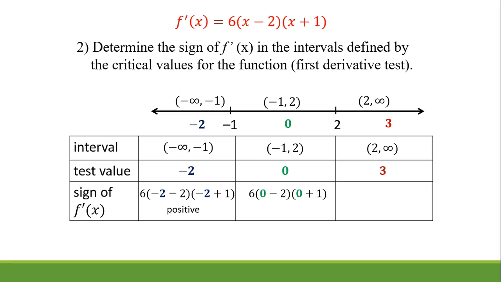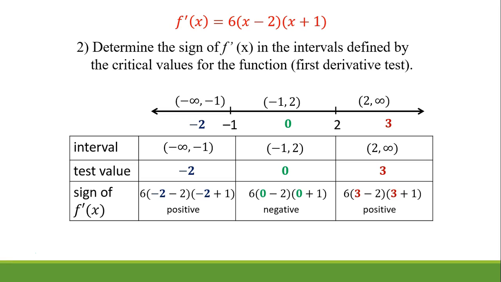So we have 6 times (0 - 2) times (0 + 1). Once again, I'm only interested in the sign of the derivative. So I'll say, well, 6 is positive, 0 minus 2 is negative, 0 plus 1 is positive. So we have a positive times a negative times a positive, which is negative. And for 3, we would have 6 times (3 - 2) times (3 + 1). 6 is positive, 3 minus 2 is positive, 3 plus 1 is positive, and a positive times a positive times